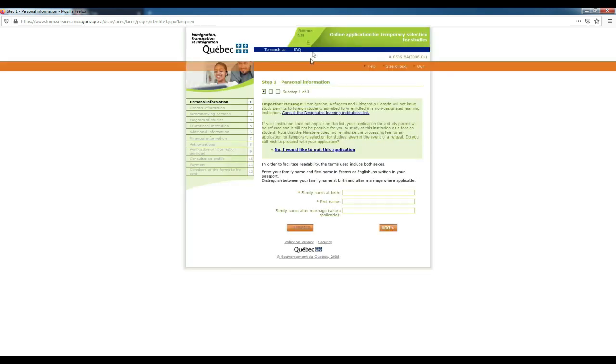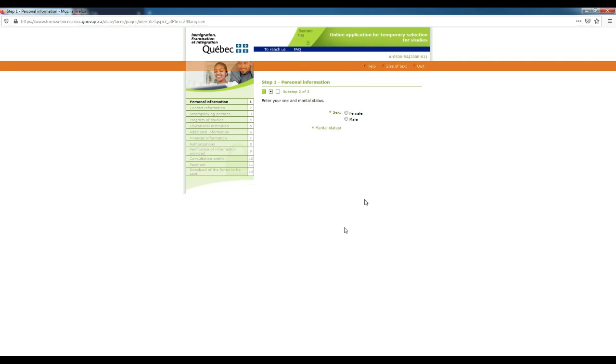Here you have to mention all the details accurately, and the details should be as per your passport. Now here I am not mentioning details of any person. I am just making this a dummy profile for understanding. First was family name, then your name as per passport you have to write, and if you are married and your name has been changed, you have to mention it on the third space as well. Now after writing, click on next.